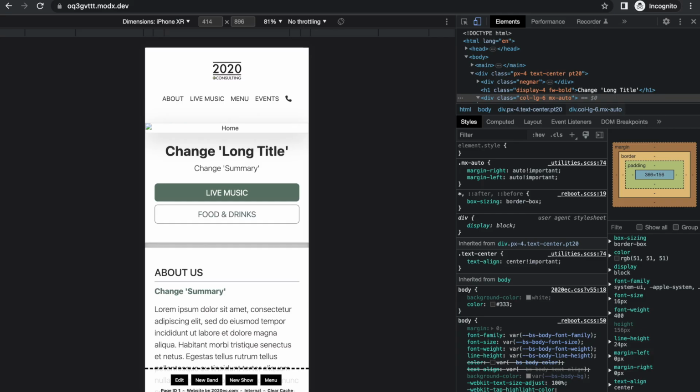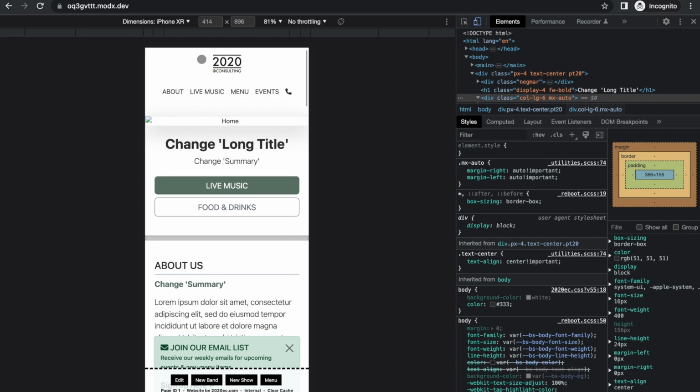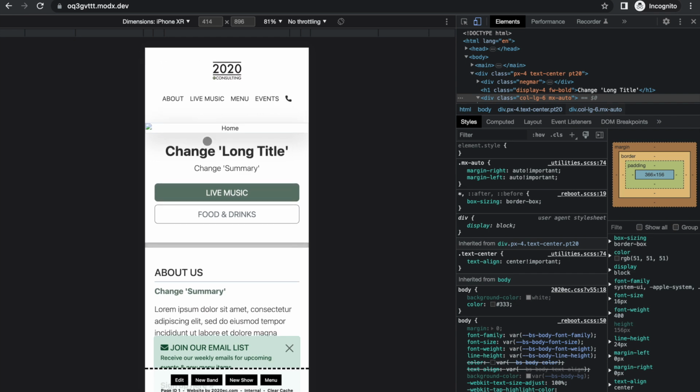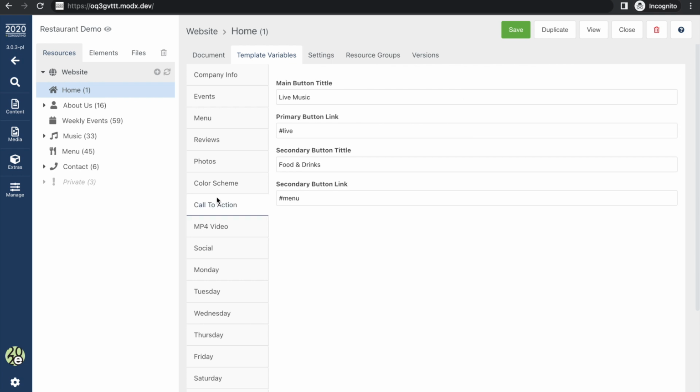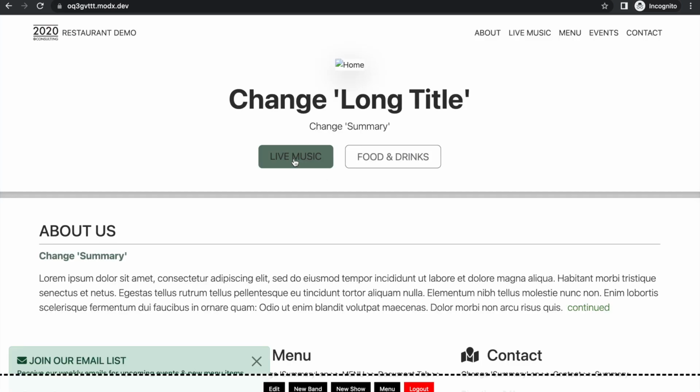The About Us section, let's talk about that. First off, the website is kind of in sections. This section here is, we'll get out of the mobile view. This section here is kind of your landing spot. So we're on the home page. So this would be your main home section where you could have a video and a photo. And then these are your calls to action here. And you can see, let's see, calls to action, live music, food and drink. So essentially with here, you can send someone to a particular part of your website. This could be contact us or whatever makes sense to you.